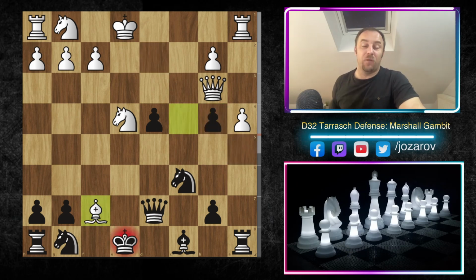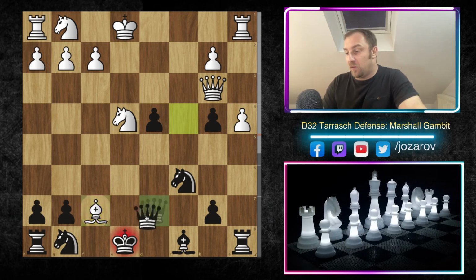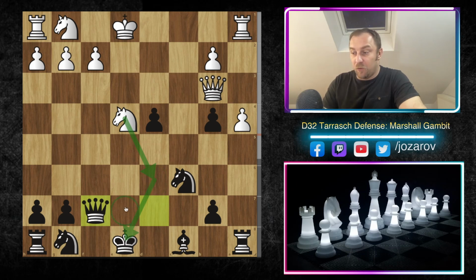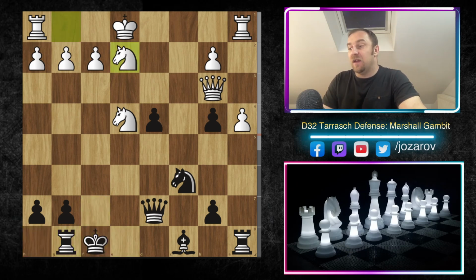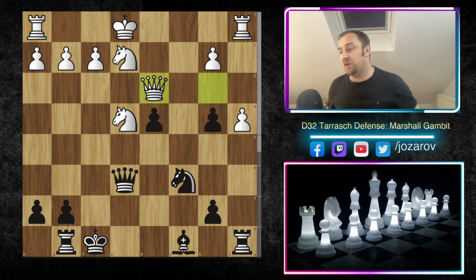Now Shakhriyar Mamedyarov found a really beautiful tactic, because if you take here with the queen, then you get knight to d6, the fork. So this was a beautiful tactic here around f7. So it forced the king to come to f8, and now after move bishop to g8, rook to g8, knight to e2, we have queen to e6, and now after move queen to d3, we see now that again